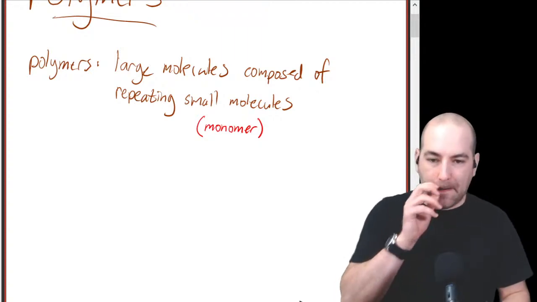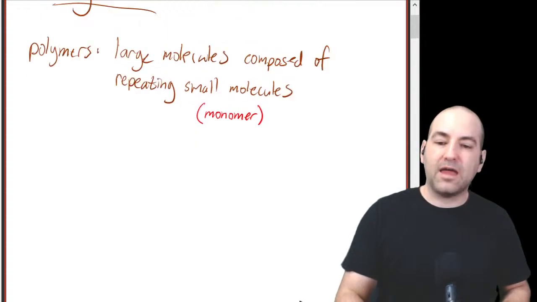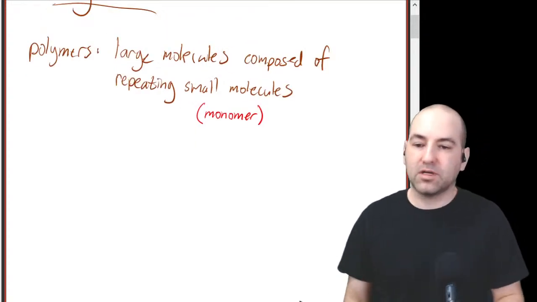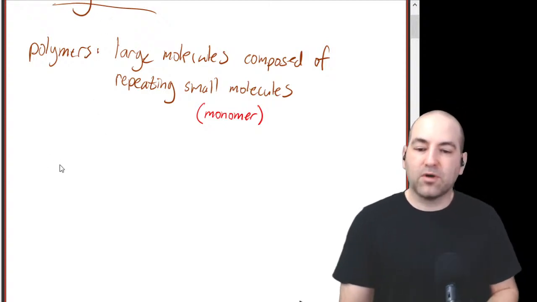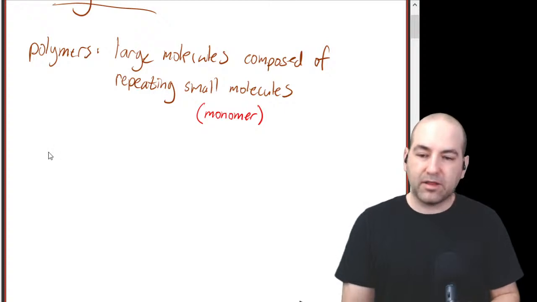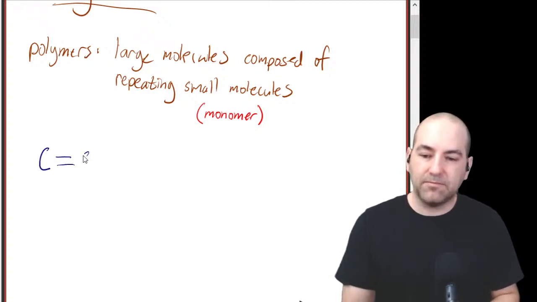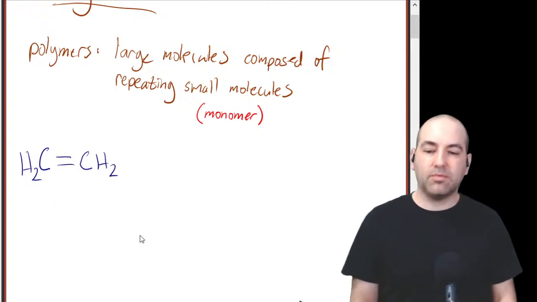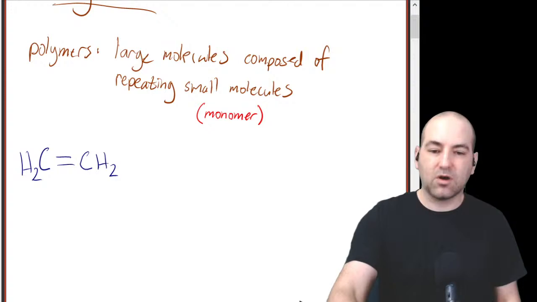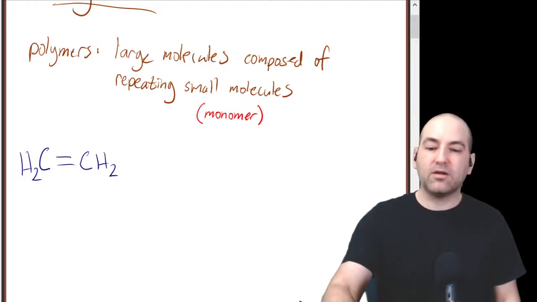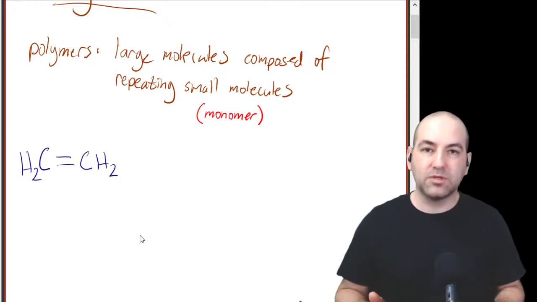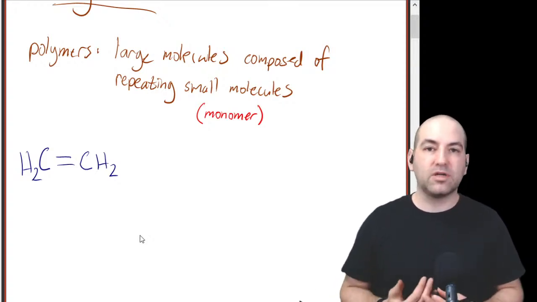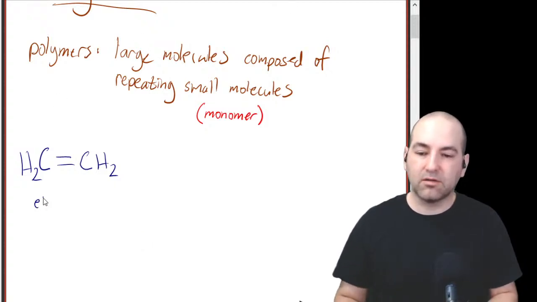Right. So let's look at an example of what that is chemically, and then we'll talk about where we experience these or how you may know of some of these. So for one simple polymer, we'll take polyethylene. We're going to take this molecule ethylene, which is just two carbon atoms connected by a double bond, and then two hydrogen atoms. So reviewing back a little bit to what we've talked about in the past, remember that carbon always wants to have 4 bonds. So if you have a double bond between two carbons, then you can have 2 hydrogens per each carbon. All right, so this molecule is called